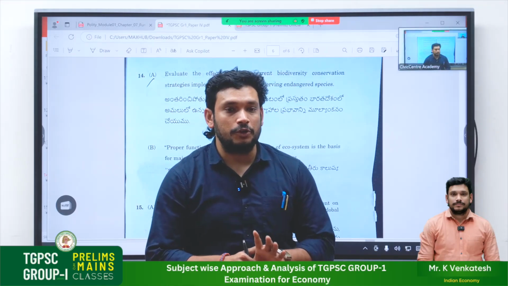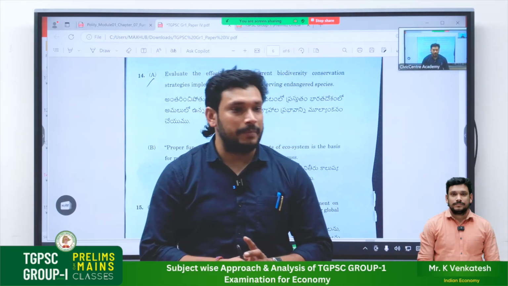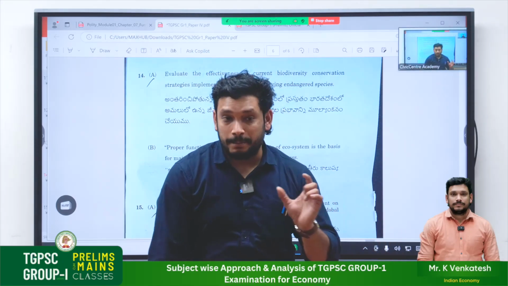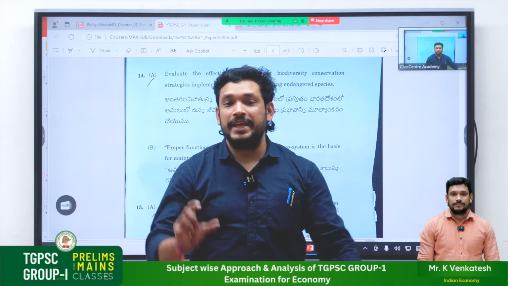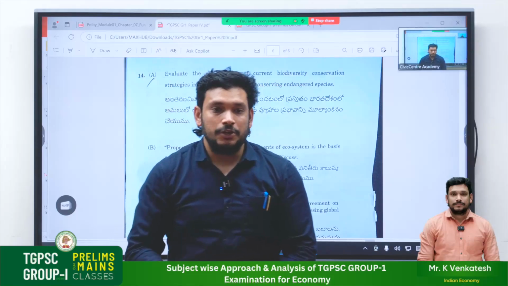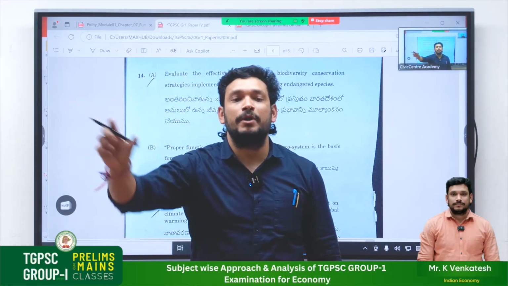Along with them, you need to know about some of the measures taken by the government like ICDS or the midday meal scheme. These are the things that you need to write. So from the prelims examination, policies are very important. From the mains examination, you need to see sectoral policies, because you need to write the sectoral policies. What are the measures implemented by the Government of India?